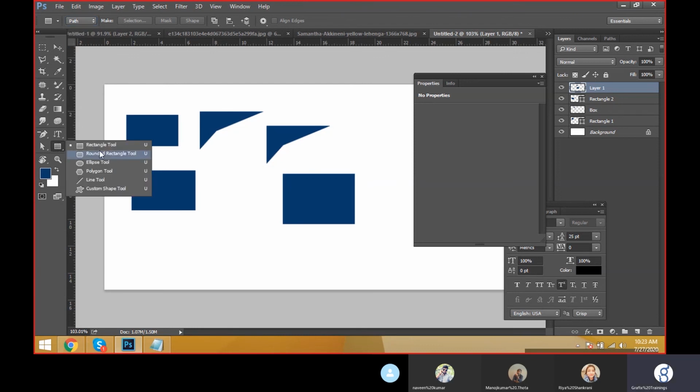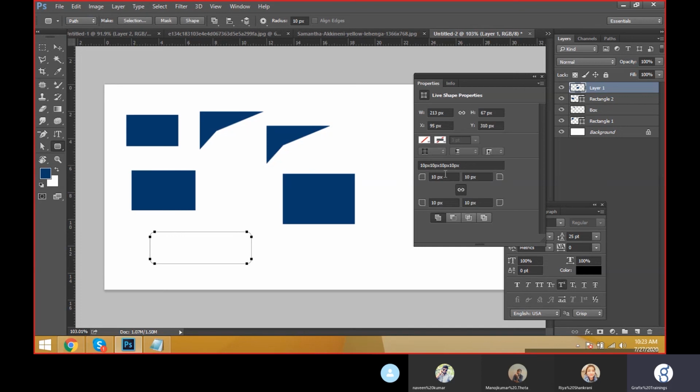That is the difference between the shape tool and the path tool. And coming to here, we have so many things. Rounded rectangle, we already saw it, and we have rounded corners here. I'm just giving 25 points, and automatically the rounded corners will increase. I'm giving only 5 points, and automatically the rounded corners will decrease. Here I'm giving 150 points.